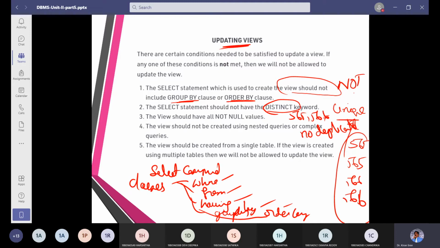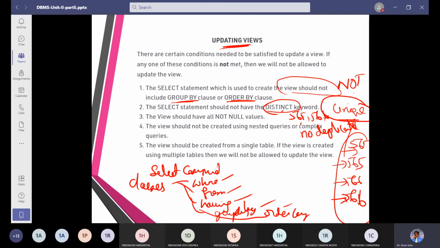If I use distinct, there is no duplicate. 565 is repeating 2 times, I take it only once; 566 is repeating 2 times, I take it only one time.